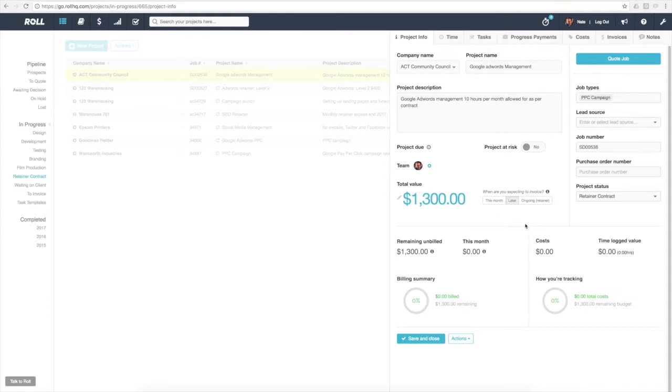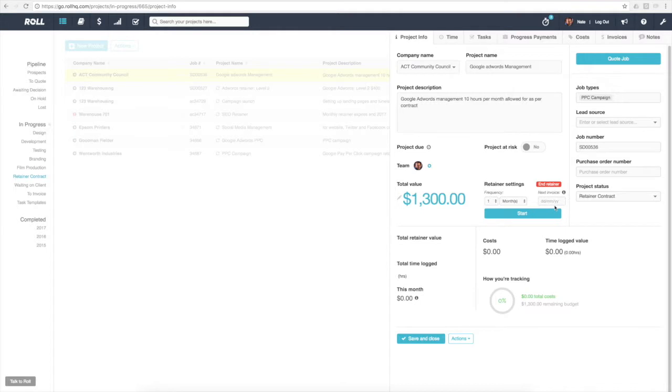is a retainer project. So I want to click this button, but before I do, just watch this area here when I click on that button, because this area is going to change to reflect the fact that we're now dealing with a retainer project. So I'll go ahead and click on retainer, and it now comes out with retainer settings, and you can see that this information here, which is our project performance information, has changed to reflect the fact that this is a